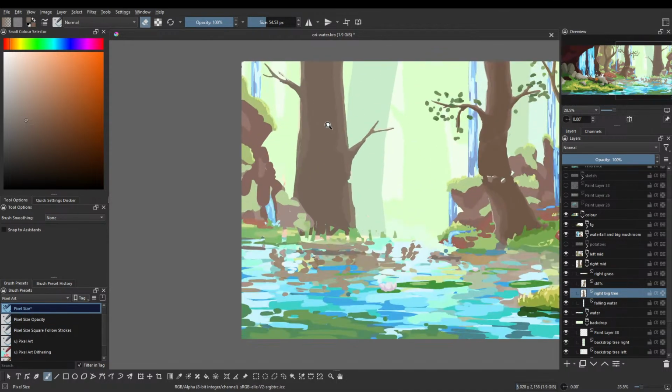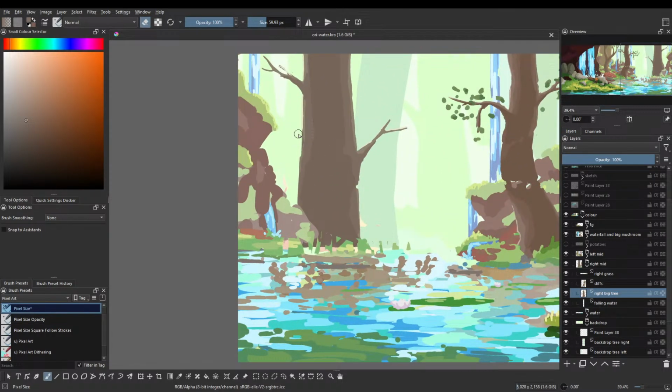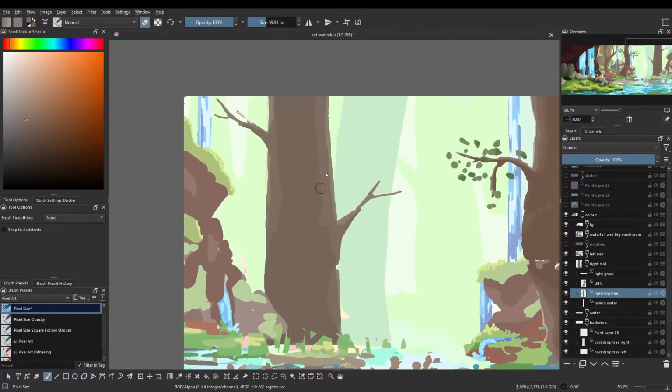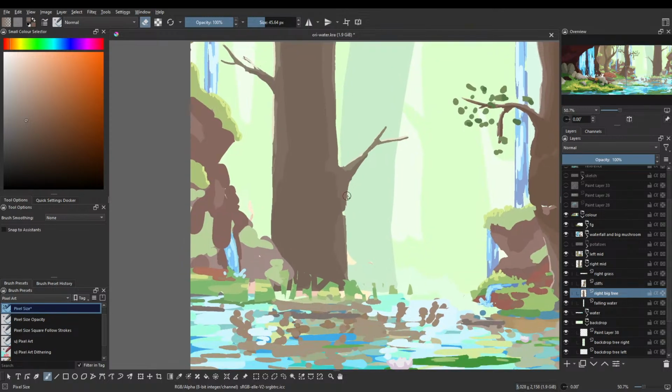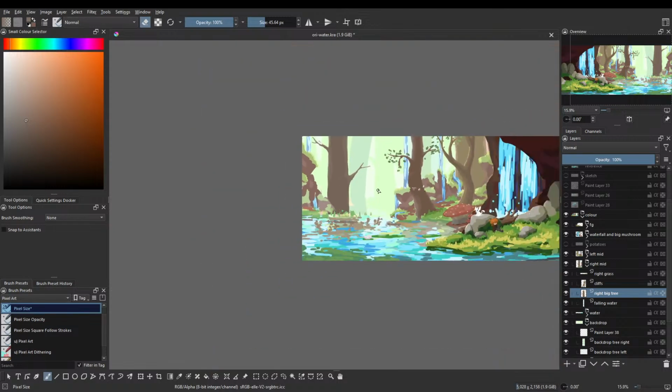Yeah, let's crop it from the sides so it's a little more vertical. This is very vertical, but I think that's good. We maybe have even a little more.